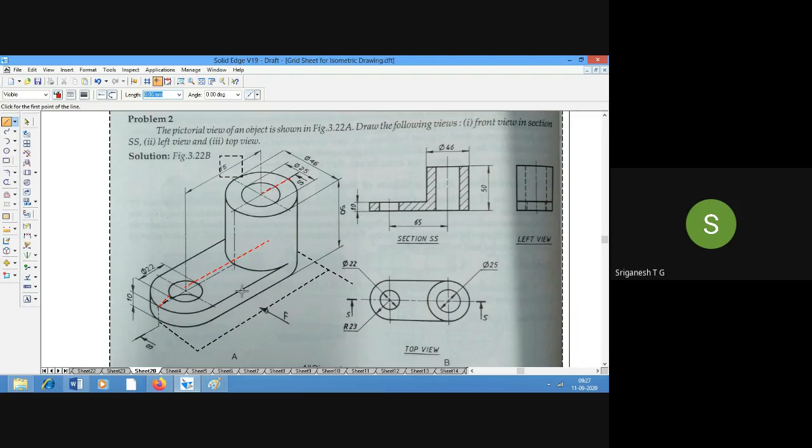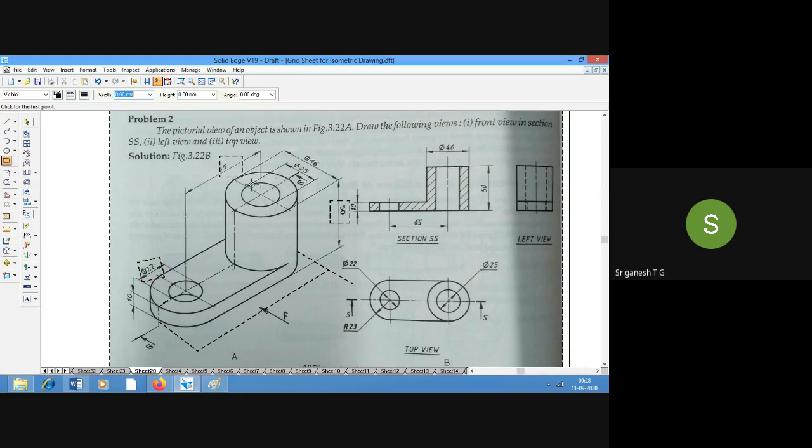The next thing is the height. The height is being indicated over here: 50 is the height, starting from the base to the top surface. Next, what is the circle diameter? The circle diameter for this particular hole is 22 mm.